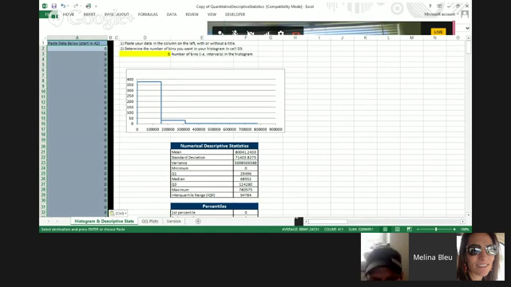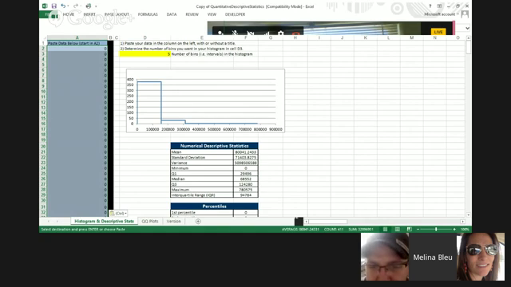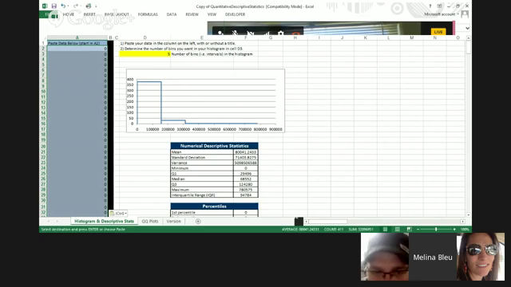The book says the mean, median, and mode are measures of the center of a distribution. The mean is the most common measure of center, and is computed by adding up the observed data and dividing by the number of observations in the data set. I couldn't hear you very well. Could you say that again? Sorry. It says the mean, median, and mode are measures of the center of distribution. The mean is the most common measure of center and is computed by adding up the observed data and dividing by the number of observations.